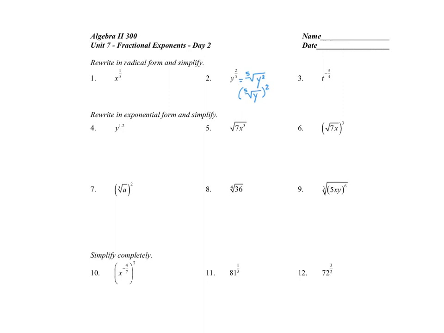Problem number 3 has a lot going on in that tiny little expression. First of all, the negative exponent tells us to send that to the denominator. So I will have 1 over t to the positive 3/4. But if I rewrite that in radical form, I'll have 1 over the 4th root of t cubed. But we also know that we never leave rads in the denominator, so we need to multiply by something that will give us a perfect 4th root, which means I need to multiply both the numerator and the denominator by the 4th root of t,